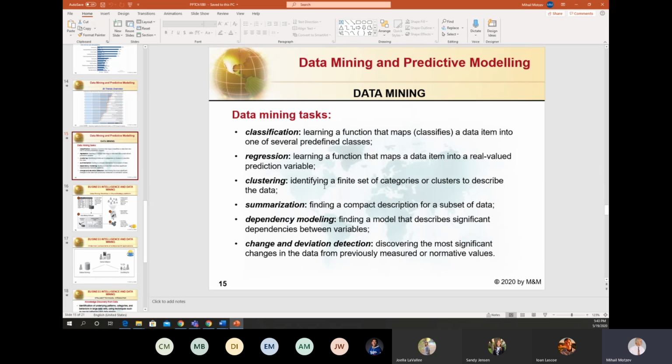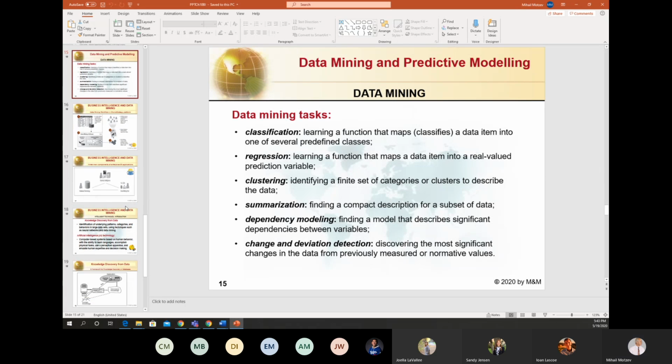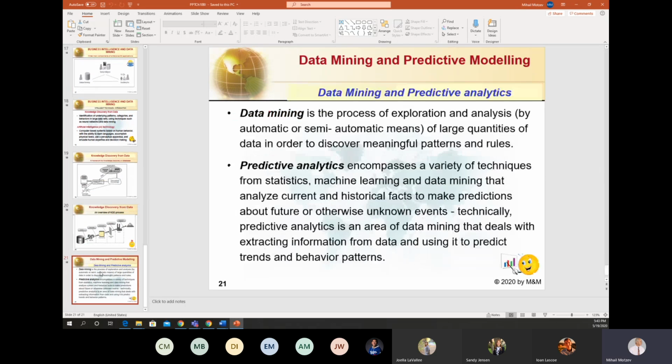That is, with the development of data mining techniques in predictive analytics or predictive modeling, it was possible to introduce new, more and more automated tools to develop forecasts in different areas, including business forecasting.